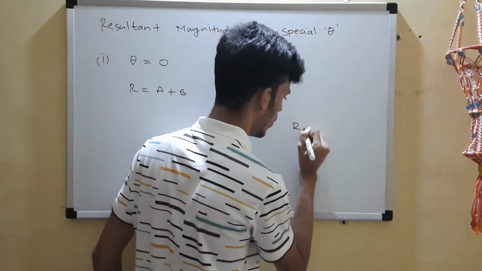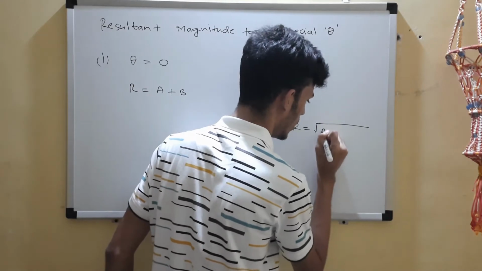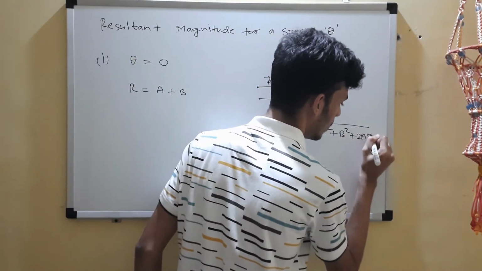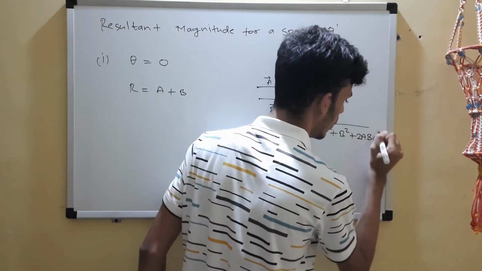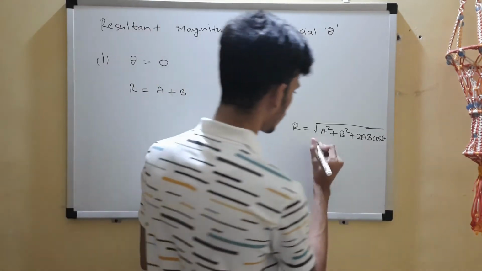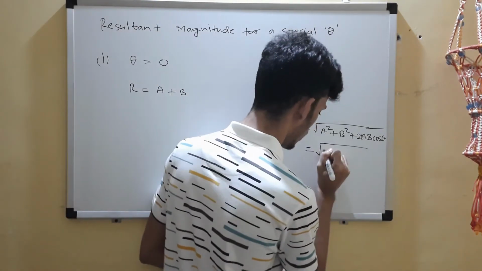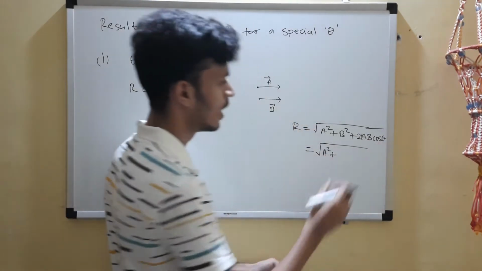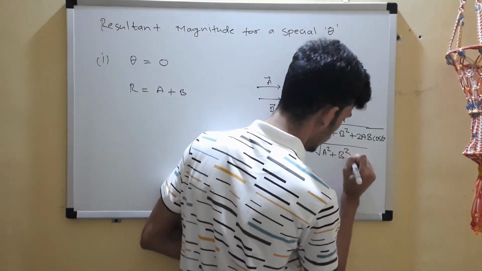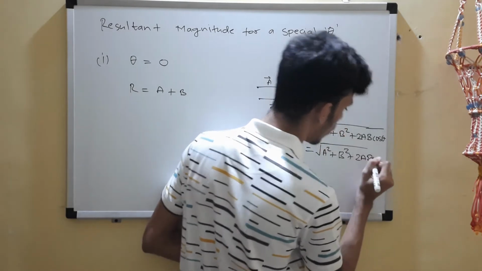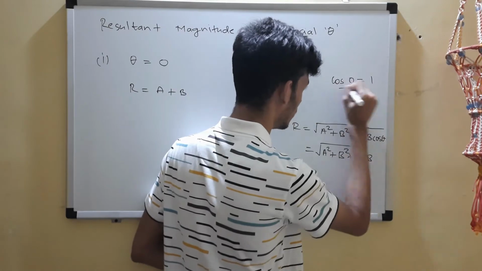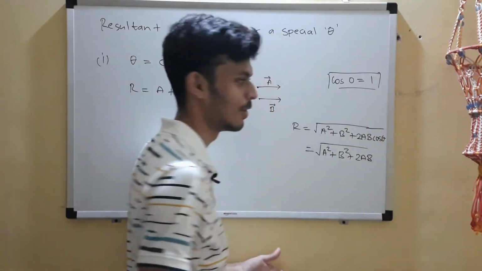Now if you want to verify it, if you don't trust me, that is bad, but yeah, you can verify it through the big formula that you have, the general one. This is true, right? Now again, in place of theta you have to just substitute 0. That is what I did. So a square plus b square plus 2ab cos 0. What is cos 0? Medical students, what is cos 0? So cos 0 is 1. Yeah, that you'll know, right?